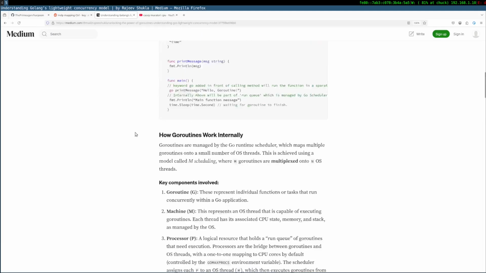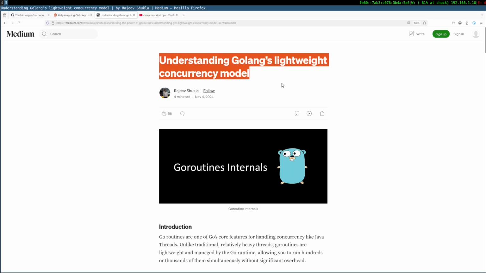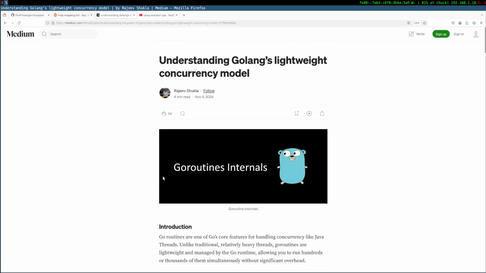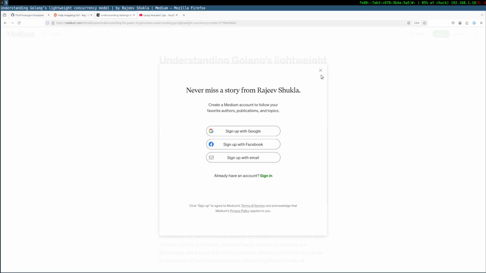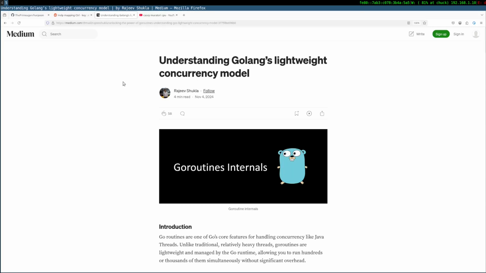Oh, that's a good read for me. Thank you, Rajiv Shukla. Can I follow? I don't think so, I don't have an account.